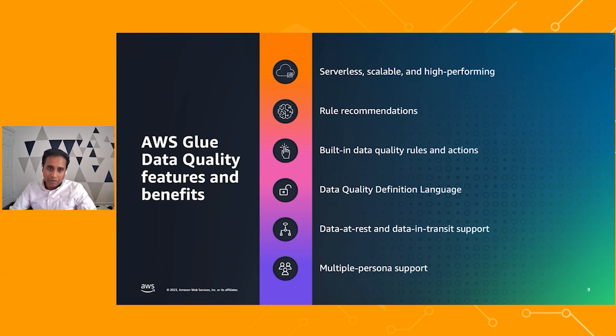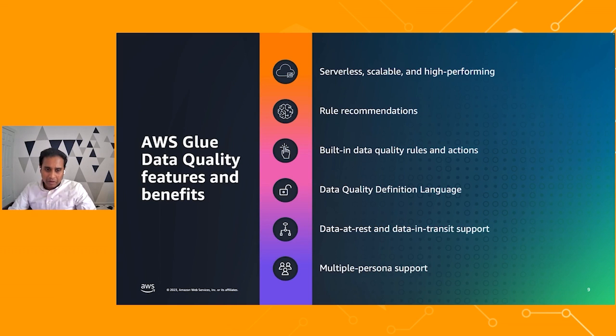Now, the second part to this is the recommendations. So we start with a rule recommendation. Instead of you having to author data quality rules, we recommend data quality rules. That's a great starting point. Once you gather all the recommendations, you can review them, and then you can use data quality rules that have been built in for you and bring them in. You can tweak the recommendations, adjust the thresholds, and finally create a rule set and then start scheduling them. You can associate actions. For instance, whenever a job fails, you can trigger alerts so that you can get notifications and then act on it.